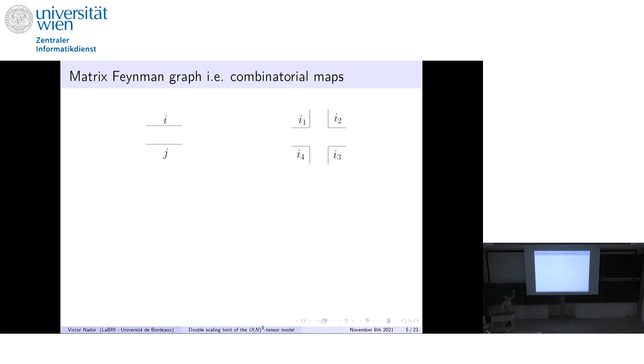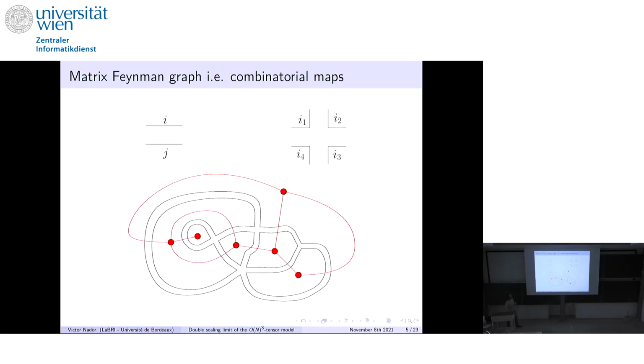And the thing that matters ultimately is that the two are distinct. On the right-hand side, you have an example of an interacting term, which accounts for the trace of M^4. You could imagine that each ribbon, each pair of edges, is associated to one copy of the matrix, and they have matching indices in the corner, so that at the vertex I have a term trace of M^4. Like this, I can build my Feynman graph. I simply put my vertices and glue them with the propagator. Then I can take the dual of this graph, which I have drawn here in red, and this gives me